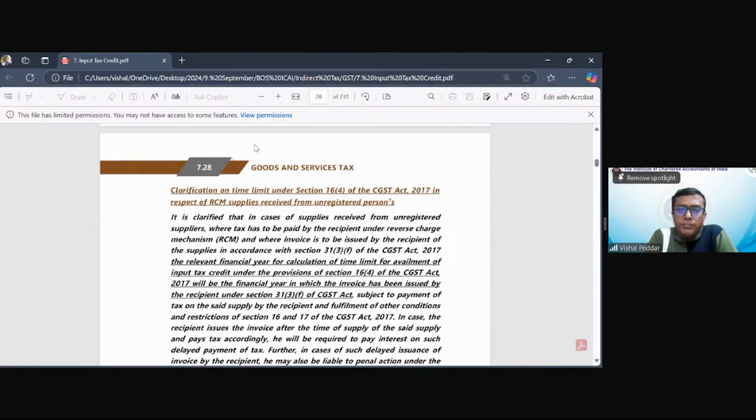Sir, you said that we have to pay within 180 days, right? Is it a point of self-assessment, or is there any process to find out whether payment is made or not? Well, that is self-assessment, beta. The officer or department will come to know this only when they do your audit. Otherwise, there is no mechanism, at least in the GST portal or the GST return, for them to find out. So, in this particular case, the reversal of 180 days has to be done by your own self. Correct? Okay, sir.